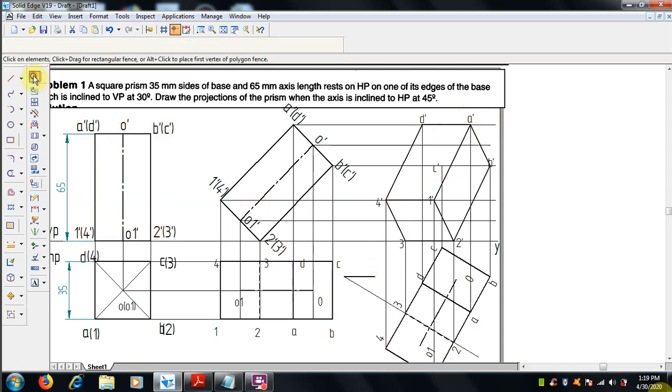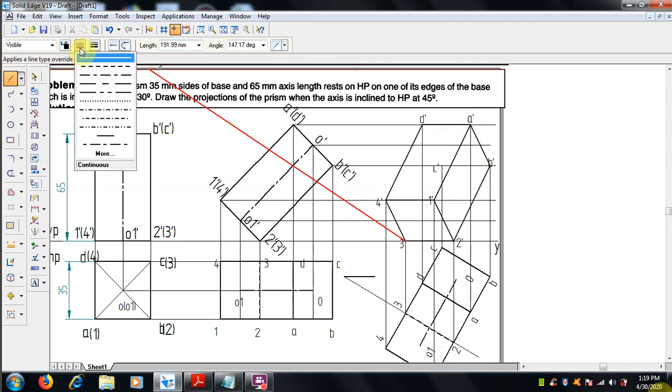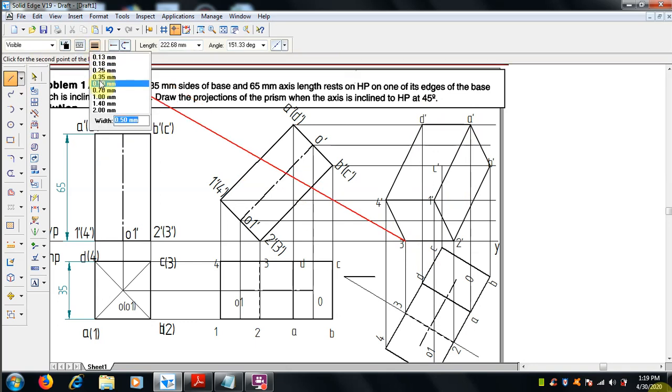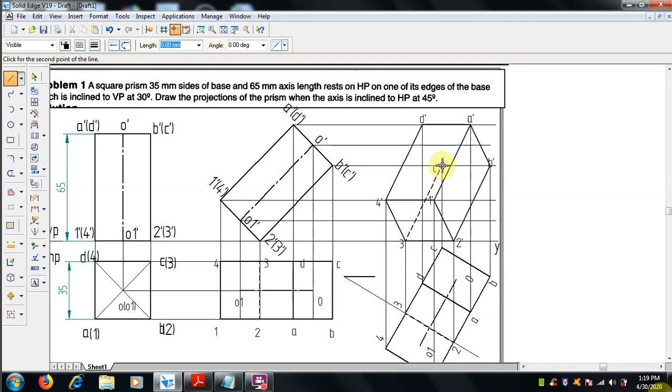So now 1 is connected with A, 4 is connected with D, 2 is with B, and 3 is to be connected with C, but since it is crossing the visible face, we make it a hidden line. So it should be a hidden line. So this is the logic. Like that, C B is hidden, D C is hidden. So this is the final view after the inclination with VP.